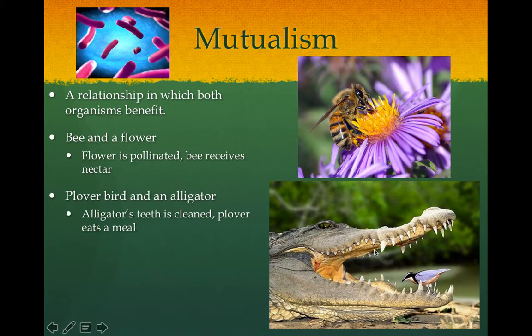This picture is showing you an alligator and a little plover bird. The plover bird you would think is about ready to get eaten, but that doesn't happen. Although the alligator would probably eat almost any other animal that crawled across its path, he will not eat this bird because this bird is going to go in and do a dental cleaning. It's kind of like a dental hygienist taking some floss. He's going to go in there and pick out all the bits of food that got stuck in the teeth